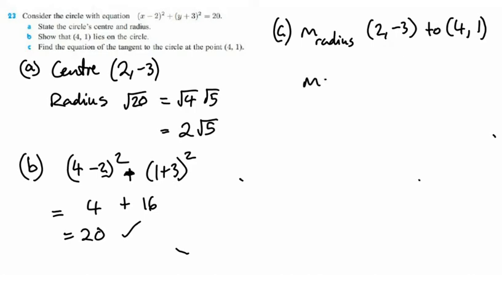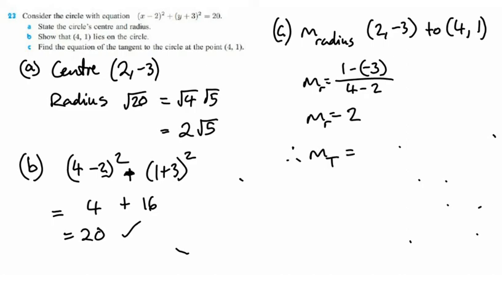So the gradient is the difference in y coordinates, 1 minus -3, divided by the difference in x coordinates, 4 take away 2. So the gradient of the radius that we're interested in is going to be 1 plus 3 is 4, divided by 2 is 2. Therefore the gradient of the tangent,